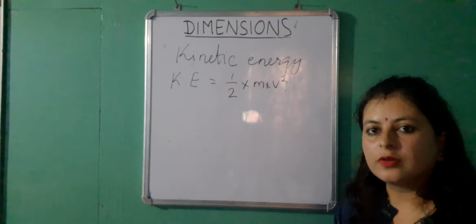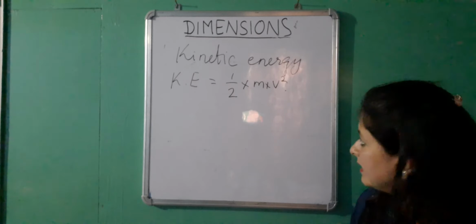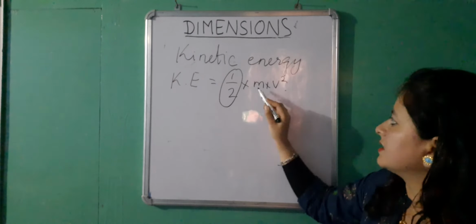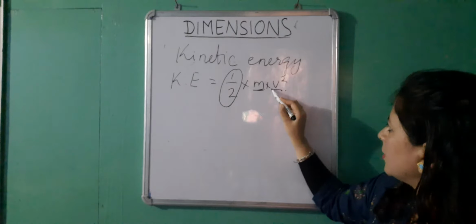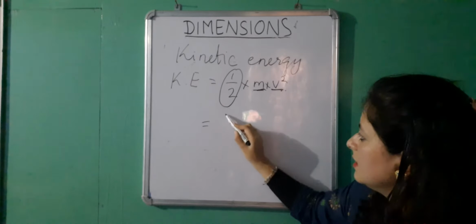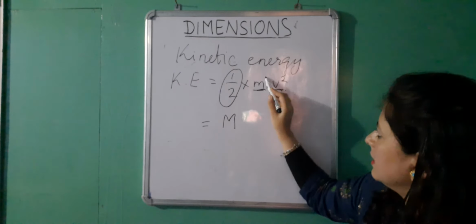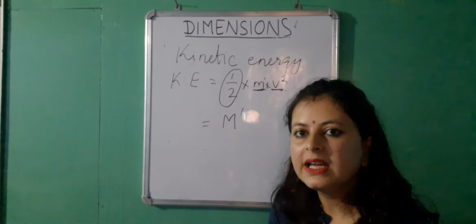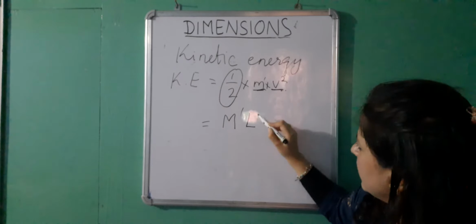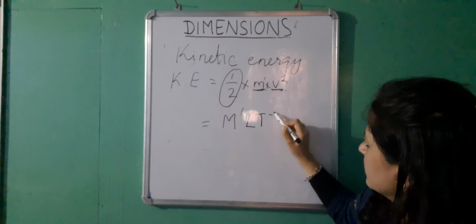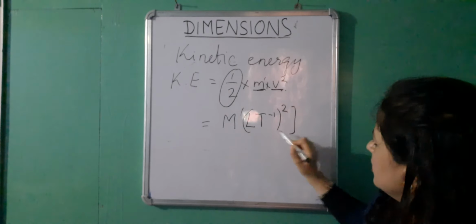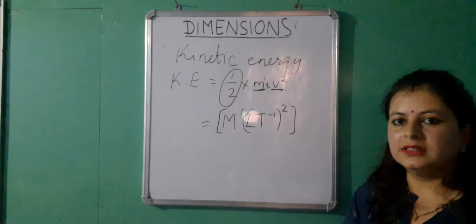Now if you want to write the dimensional formula for kinetic energy, no need to take this constant when you write the dimensional formula. We will just take the physical quantities here. The dimension for m, which stands for mass, is M. It has been raised to the power 1. Dimensional formula for velocity, we have already done. It is L t to the power minus 1. But this entire thing has been raised to the power 2 from the formula. So you have to be careful here.